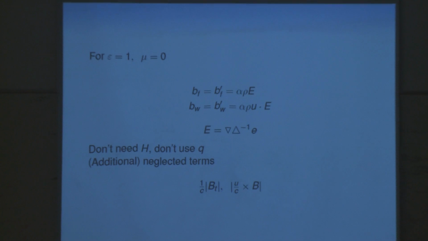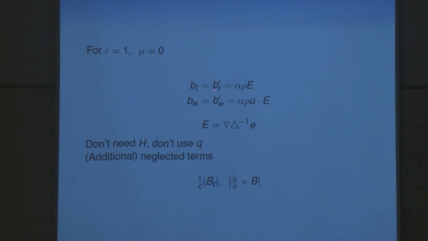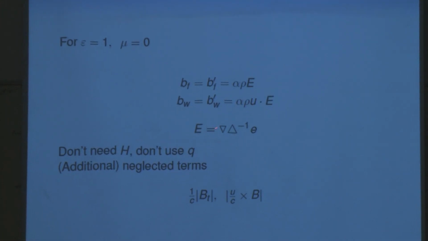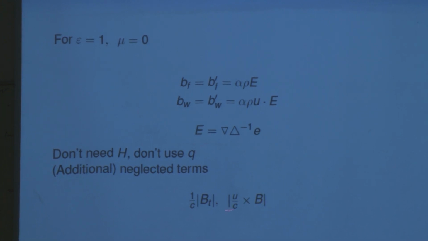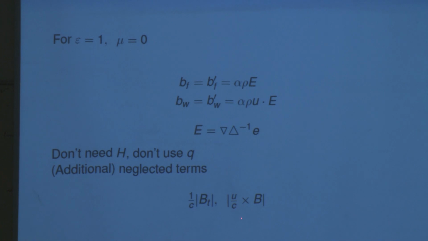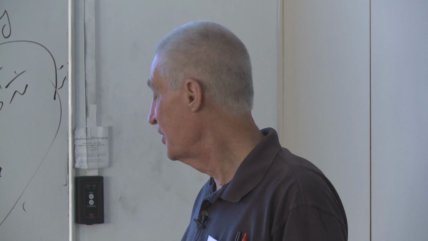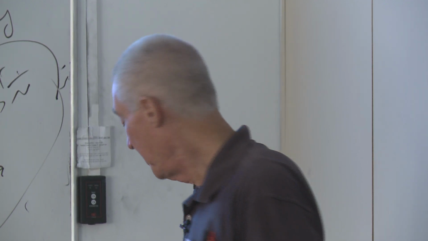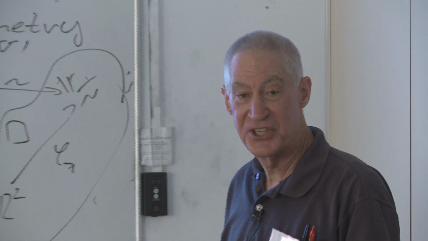And if we now use the electrostatic approximation and take epsilon equal to 1, mu equal to 0, then we just have the force and work depend on the electric field. We get a Poisson problem for the electric field, no problem here. And we find that the only terms we have neglected depend on the magnetic induction and have a C in the bottom. So you hope that those are small, and this is a perfectly reasonable approximation as long as you can ignore the magnetic induction. But if you ignore the magnetic induction, you obviously aren't talking about MHD.